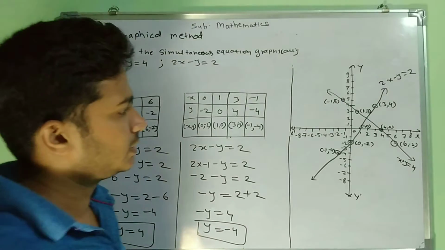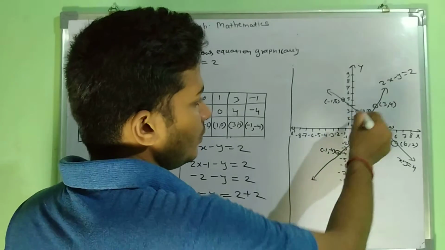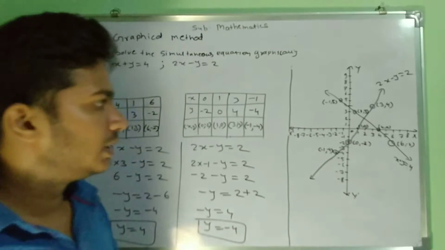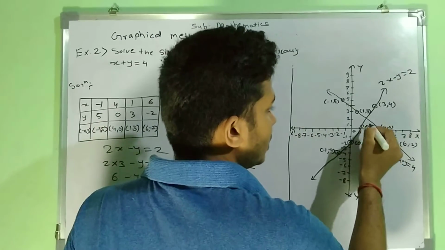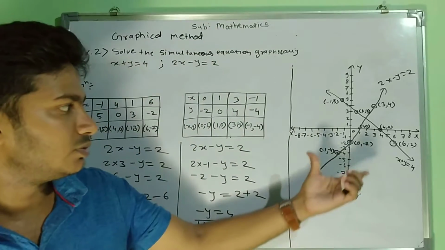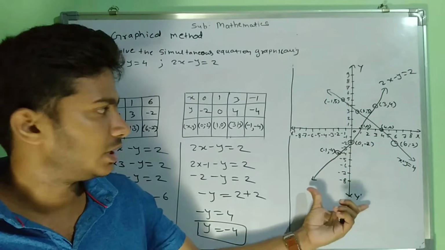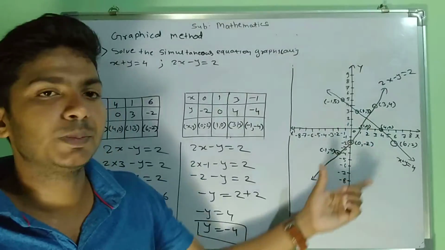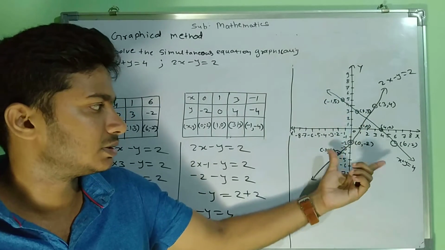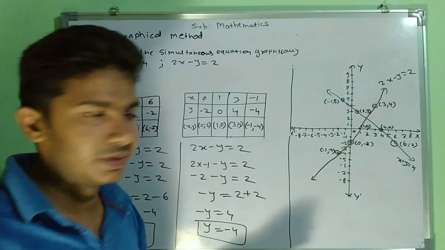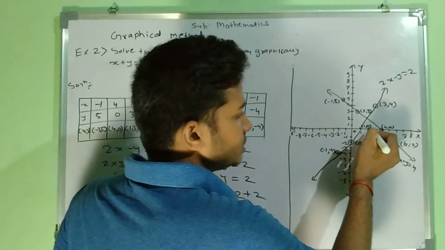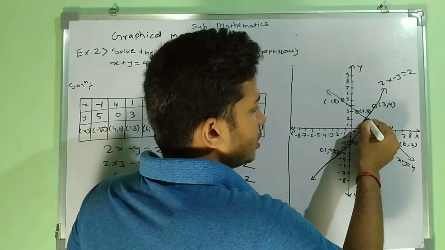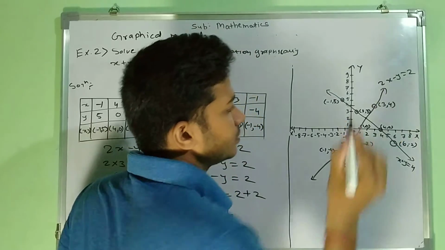So now you can see that two lines are intersecting somewhere, and that point of intersection, if you draw on a graph, you will have to draw that graph. That means you have to plot those points on the graph paper, so that you will get the correct answer, the correct point of intersection. Now you can see here that the point of intersection of the 2 lines is somewhere here.